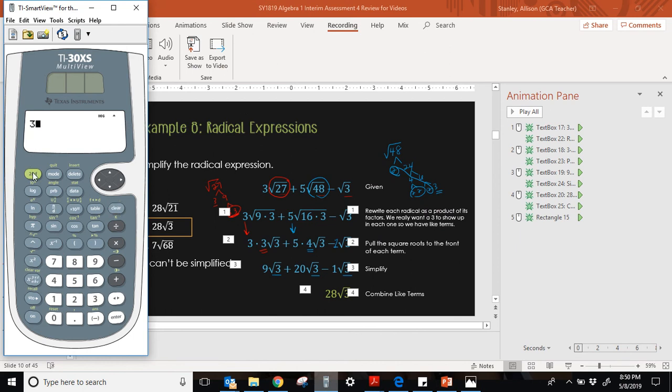So 3 square root of 27 plus 5 square root of 48 minus square root of 3. Voila, it gives it to you in the calculator. So if you have the multi-view, feel free to use that. If not, you have to do it by